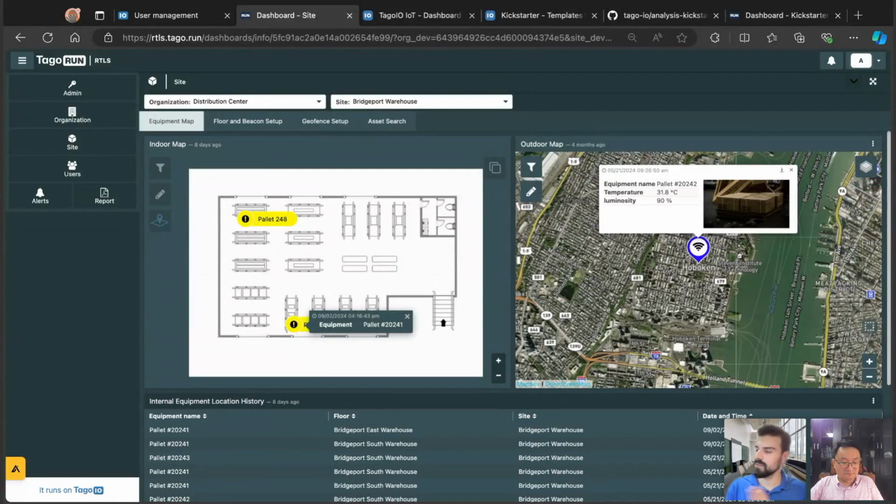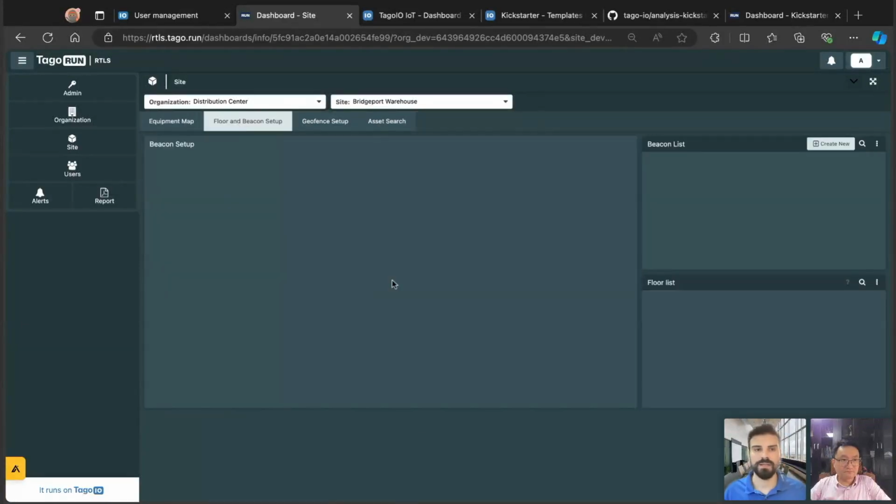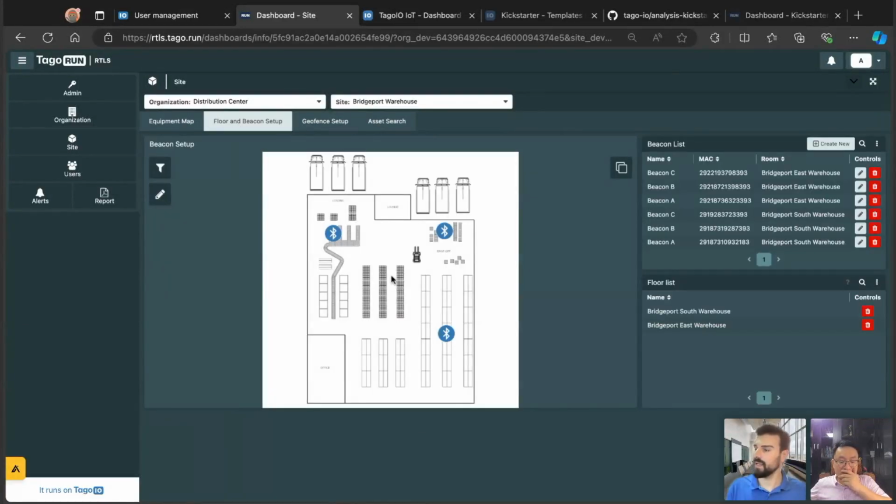That means it is on an external area. It's already external of the truck. He might be downloading this truck. So if I switch then to my floor and beacon setup, I see my indoor plant and